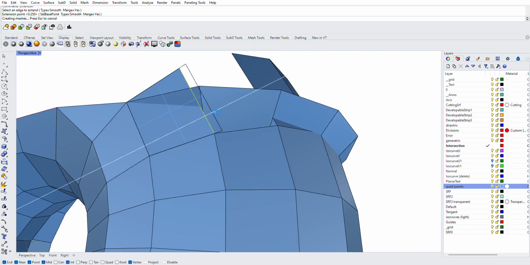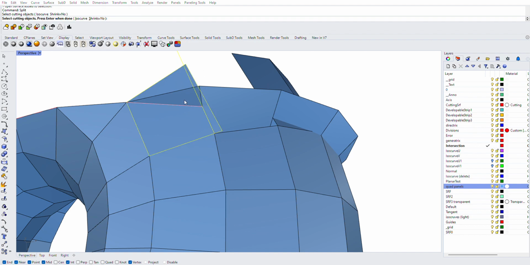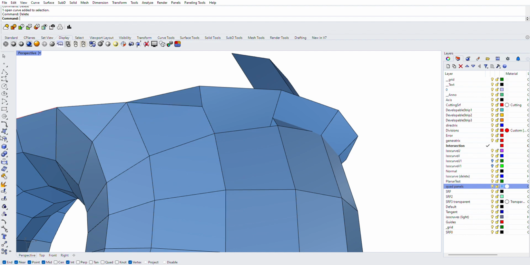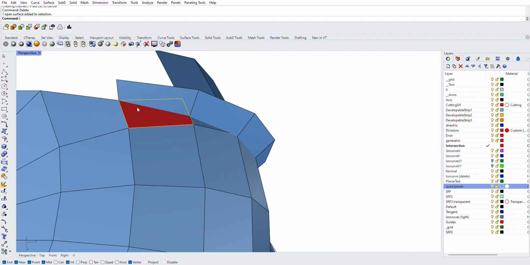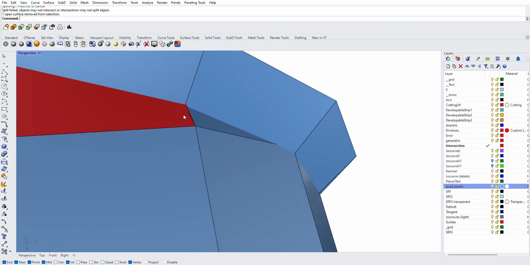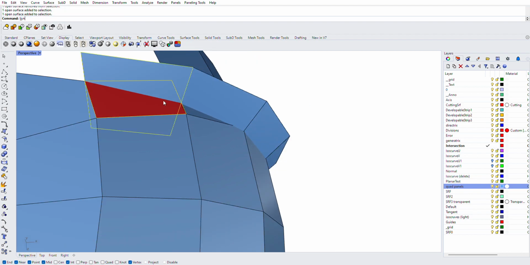So I'm gonna do it right here. Delete this one, extend this one, intersect, because that spot's fine. Draw a line from this point to that point. Like that, and then I'm going to surface extrude curve along curve, remake that panel, split this panel with that panel, and then I'm going to intersect these,